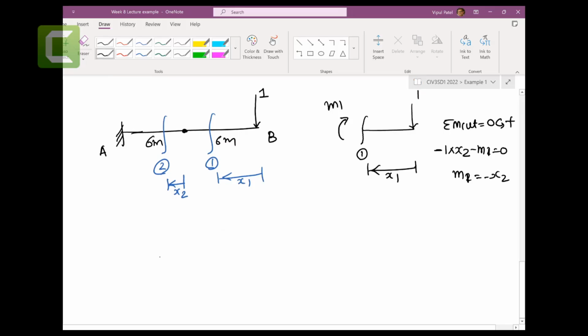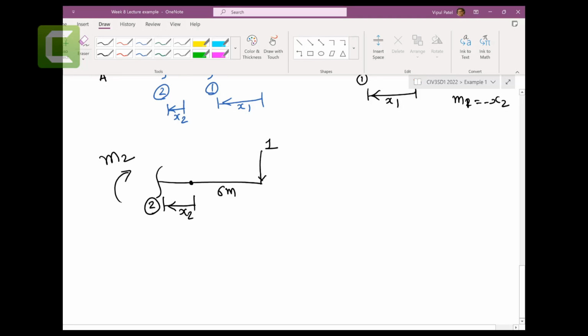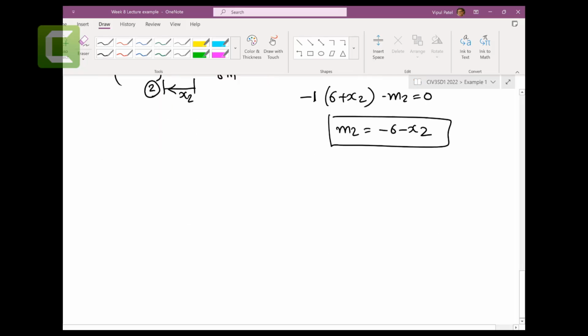And then you can make a second cut, 6 meters. Actually the same thing. We can't make a difference between capital M1 and capital M2. So you got M2, sum of the moment at cut equal to 0, anti-clockwise is positive, minus 1 times (6 plus x2) minus m2 equal to 0, m2 equal to minus 6 minus x2. Right, so we have everything to calculate deflection delta B equal to